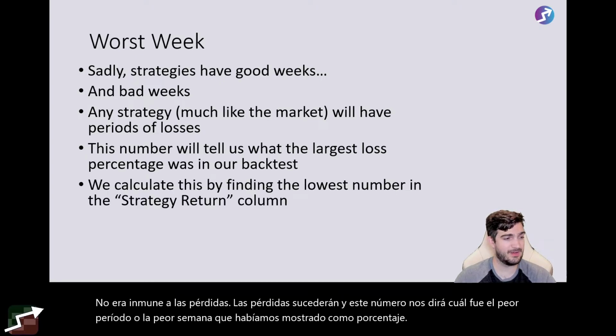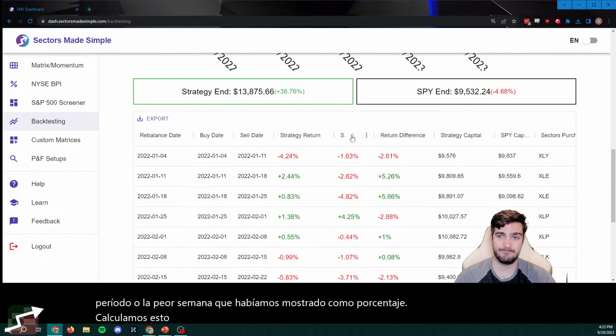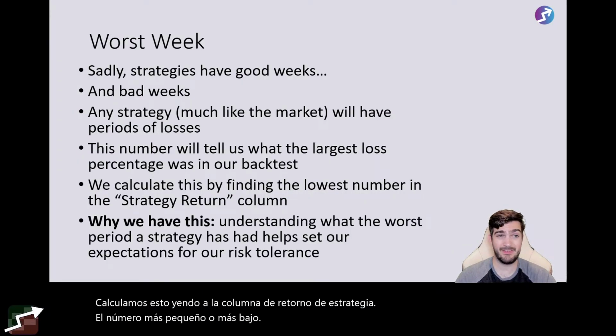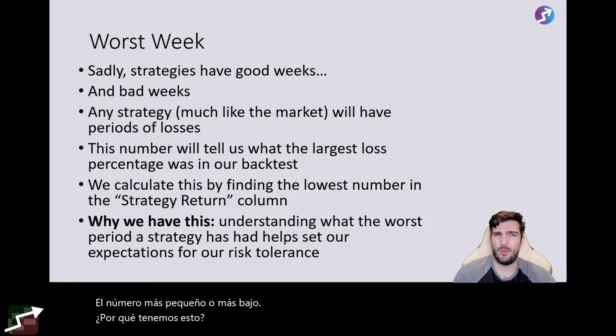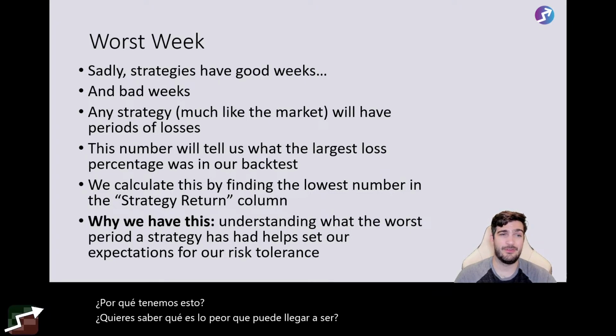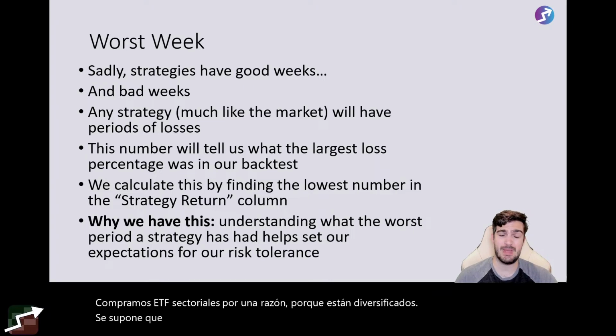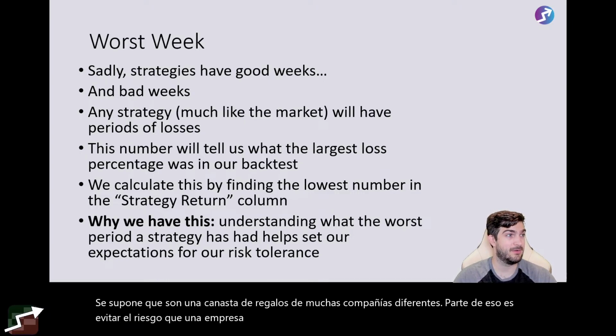We calculate this by going to the strategy return column and finding the smallest or lowest number. Why do we have this? We want to know what's the worst it can get. We buy sector ETFs for one reason, because they are diversified. They are supposed to be a gift basket of many different companies. Part of that is to avoid risk, that one company could have a really bad few weeks and drag down